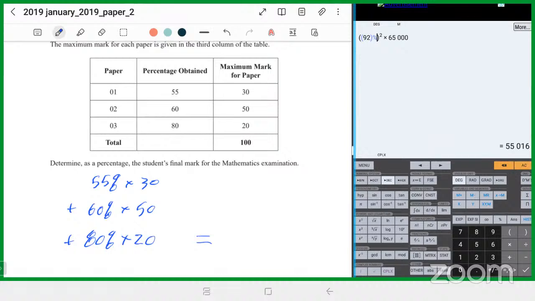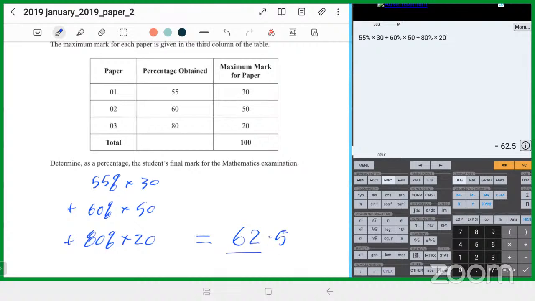I'm just going to put everything one time. So it's 55% of 30. And since I know the calculator can do the percent now, I'm going to do it that way. 55% of 30 plus 60% of 50 plus 80% of 20. And that's